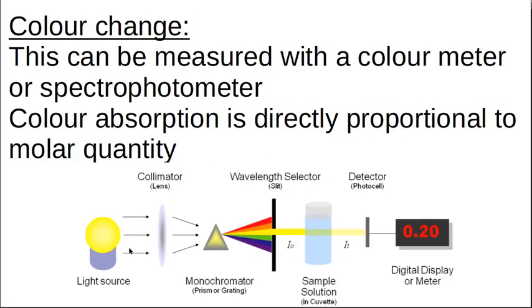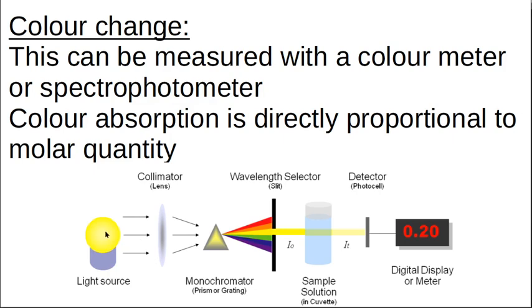One that is very hard to do is through color change. We are very subjective with our eyes, like, oh, it's blue, oh, it's green, oh, it's purple, oh, we don't know. But you can get a color meter or a spectrophotometer. You do the experiment, the experiment changes color, and you look at the color through the spectrophotometer or the color meter. And so this is the light source,